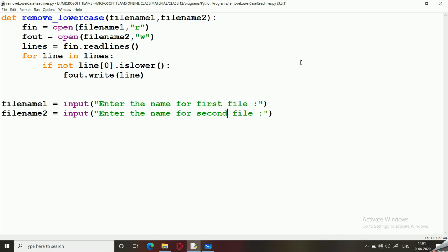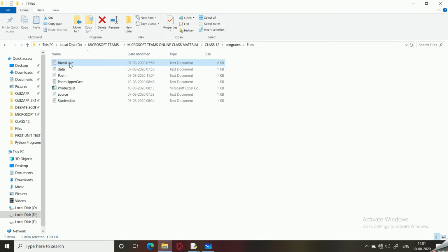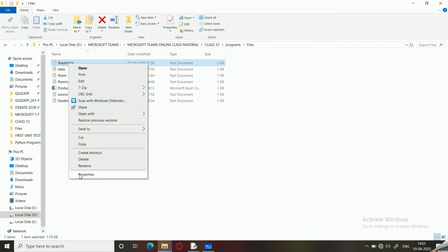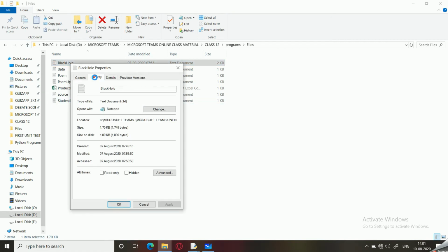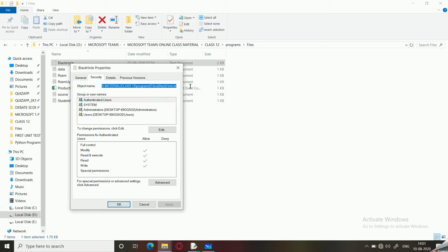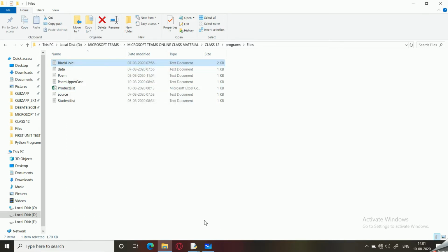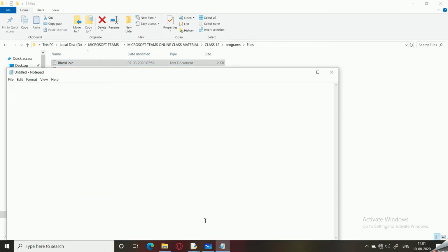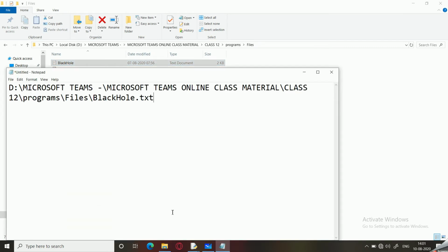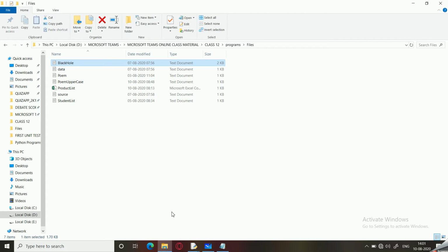And let us go back to our folder and copy the paths of these files. We'll go to security and copy the path, and let me open a separate notepad file where I'm going to save these file paths so that I can provide them easily.